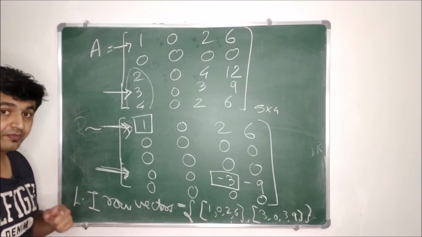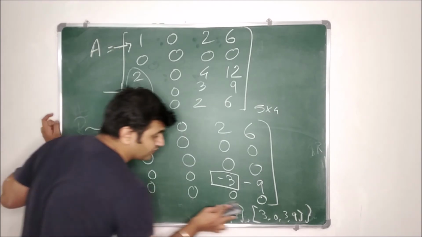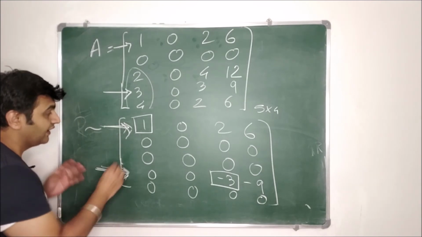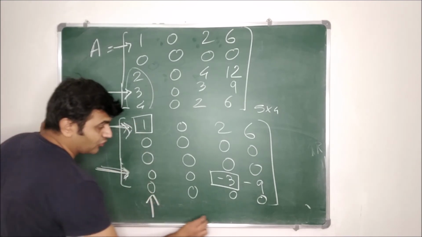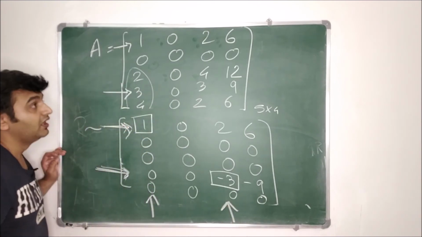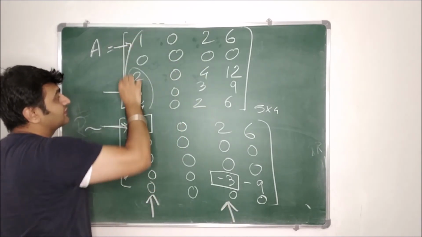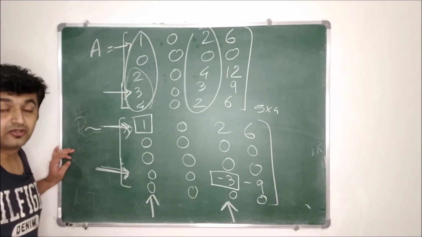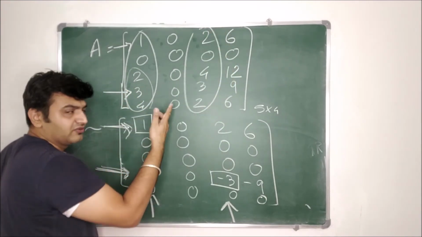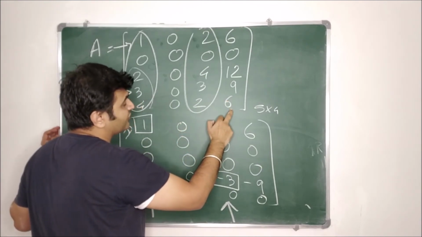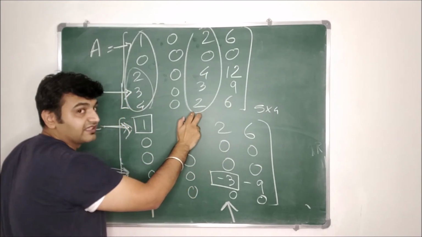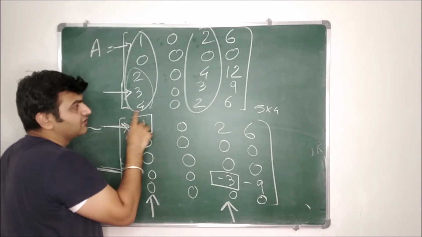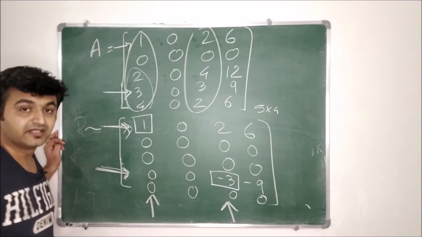Do you need to do column operations? No, not required. You simply look at which columns the pivot entries are in. So as we can see, the pivot entries are in the first column and the third column. Therefore in this matrix, this column and this column are linearly independent column vectors. This is a 0 vector, which is always dependent, and this one is 3 times this vector, so it depends on this. 0 is 0 times this vector. So only these two column vectors are independent.